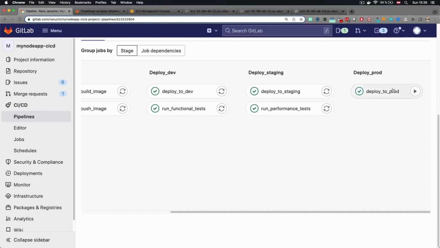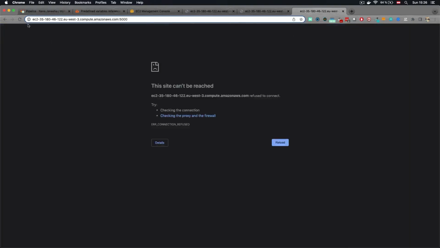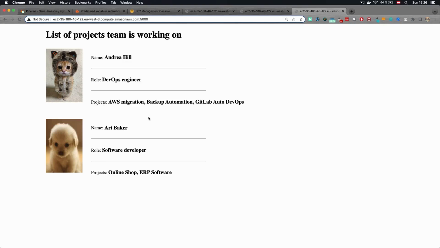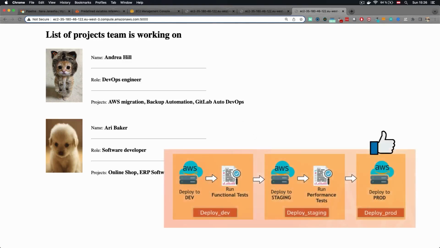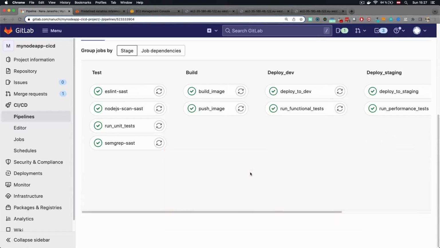And deploy prod was also successful. Now, if we refresh this, we should see the application deployed to production as well on port 5000. And now we have an optimized pipeline that is very close to the real life project pipelines with all the